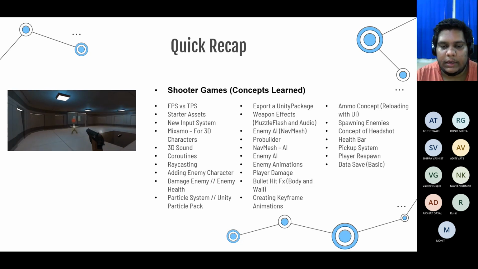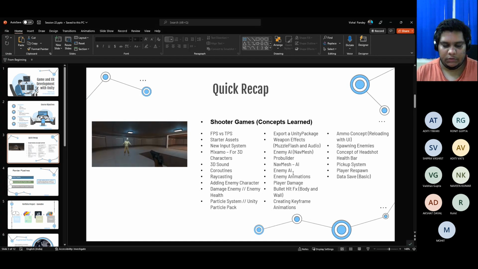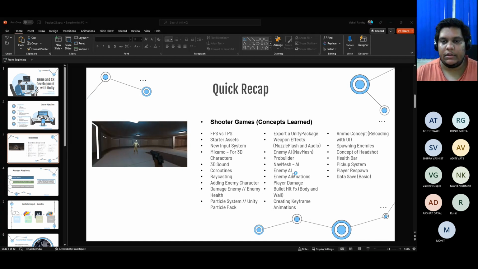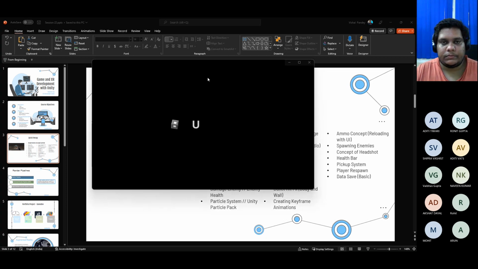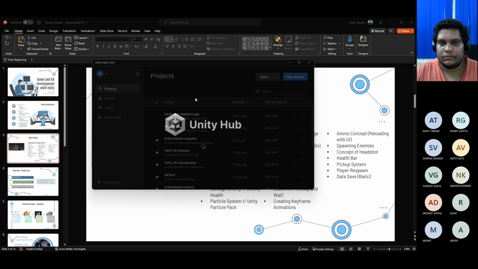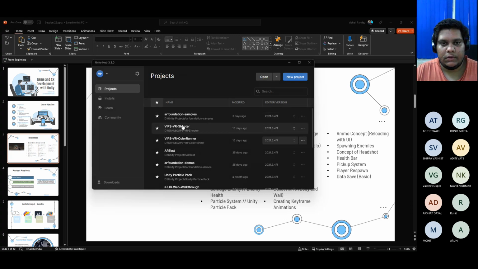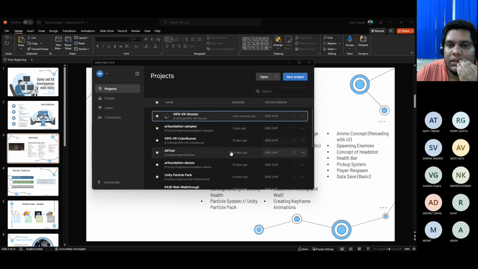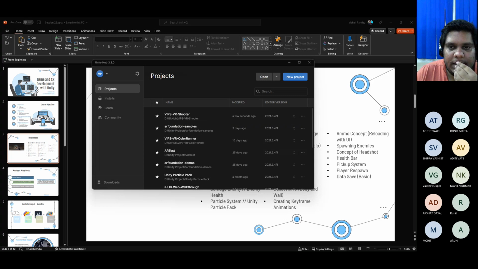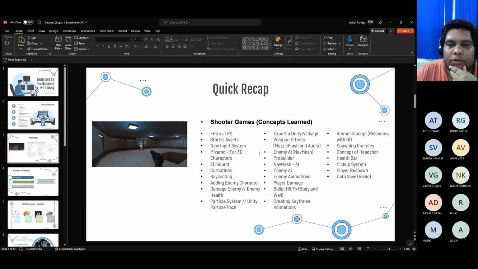So I'll just quickly show the final project version that is there on GitHub, and that you can access whenever you want, and in the future also. So this is the most final version, I think. Last we ended up creating the, like we went through all the things.